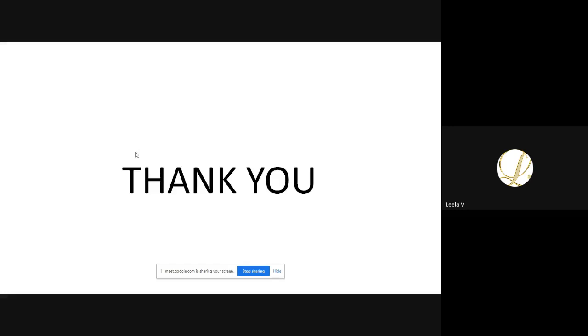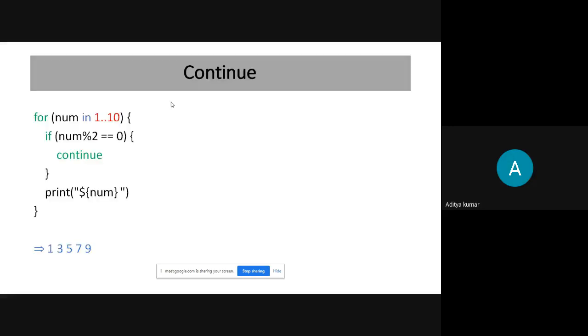And that's all about the flow control statements in Kotlin. If you have any queries, you can ask now. Participants, do you have any queries? Excuse me, you can ask. Yes, ma'am, good afternoon. Ma'am, in the last program, you wrote the variable num inside the curly brackets. Is it compulsory, or can we write directly $num? Yeah, you can use curly braces, or it is not necessary. Okay, thank you.